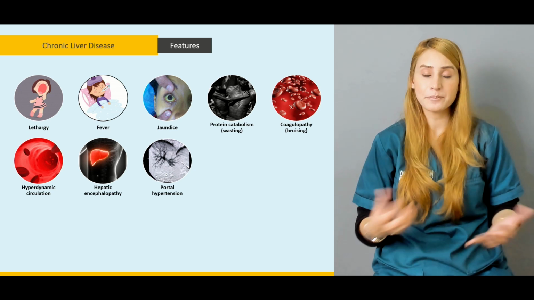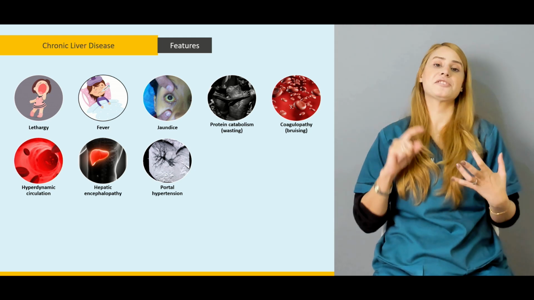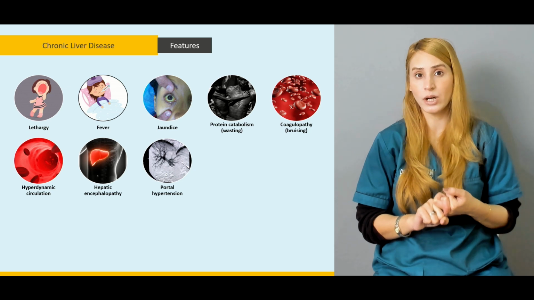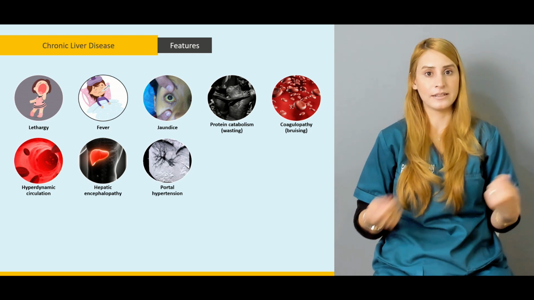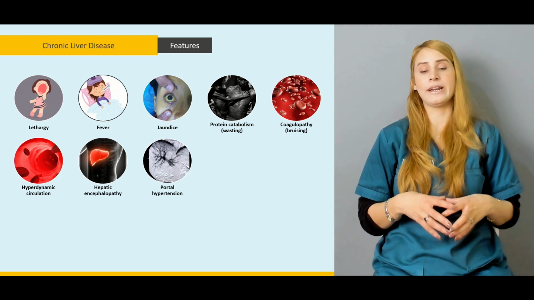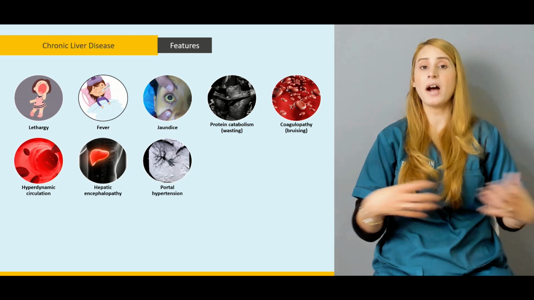And because of that portal hypertension, the patient can develop visceral bleeding, and PR bleeding because of the rupture of the hemorrhoids, because usually there's also portosystemic anastomosis which is located in the lower anal canal. Then if we talk about the appearance of the patient, there would be spider nevi